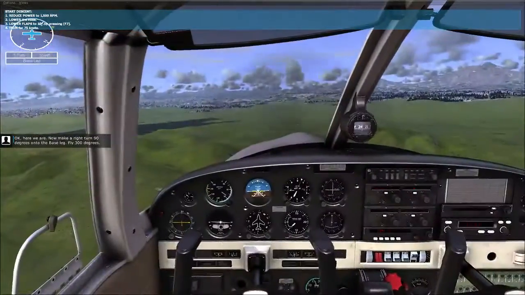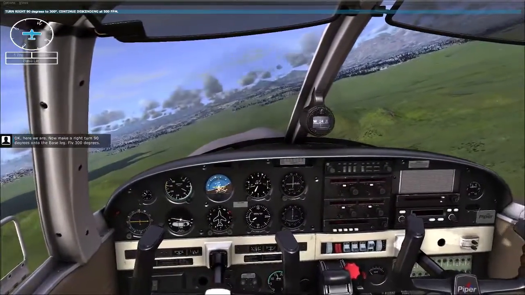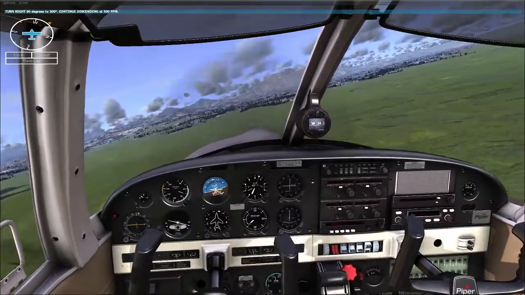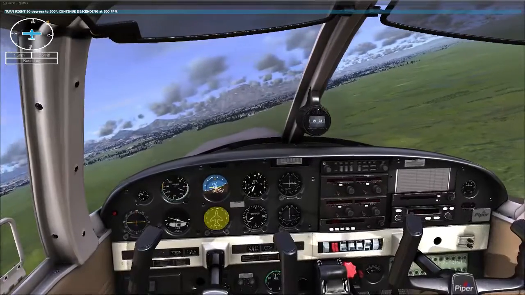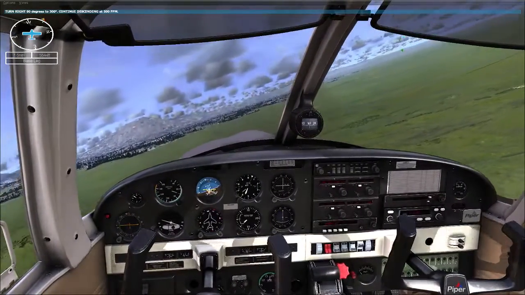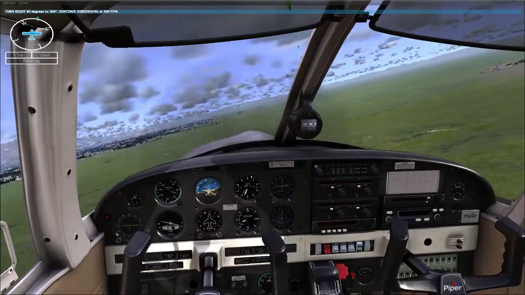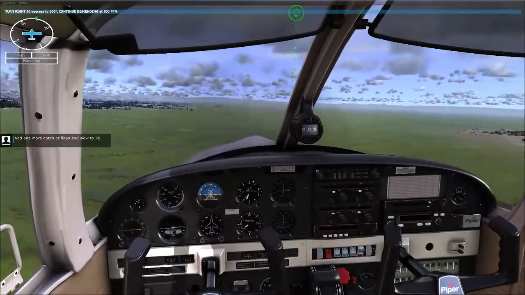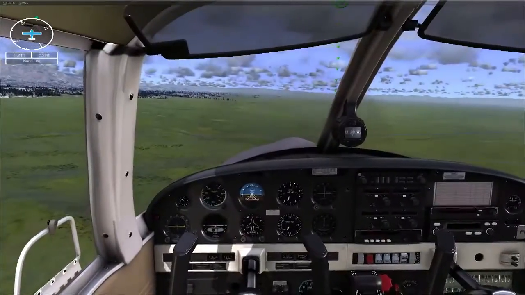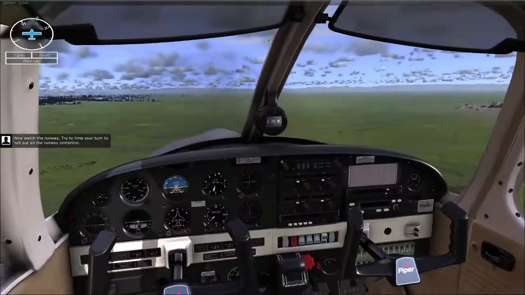Okay, here we are. Now make a right turn 90 degrees onto the base leg. Fly heading 300 degrees. Add one more notch of flaps and slow to 70. Now watch the runway. Try to time your turn to roll out onto the runway center line.